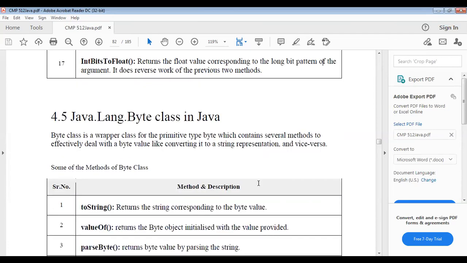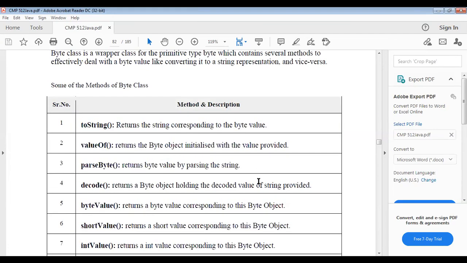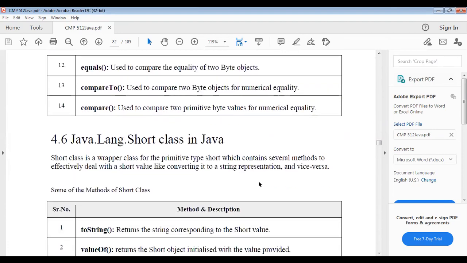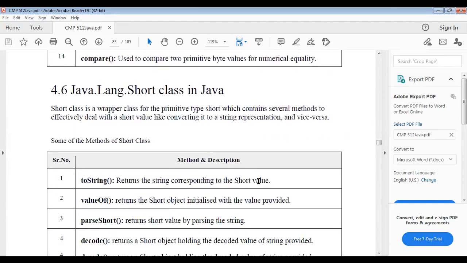Next is the Byte class. The same methods are used here in the Byte class. Short works like that also. The Short class is the wrapper class for the primitive type short, which contains several methods to effectively deal with short values, like converting to a string representation and vice versa.